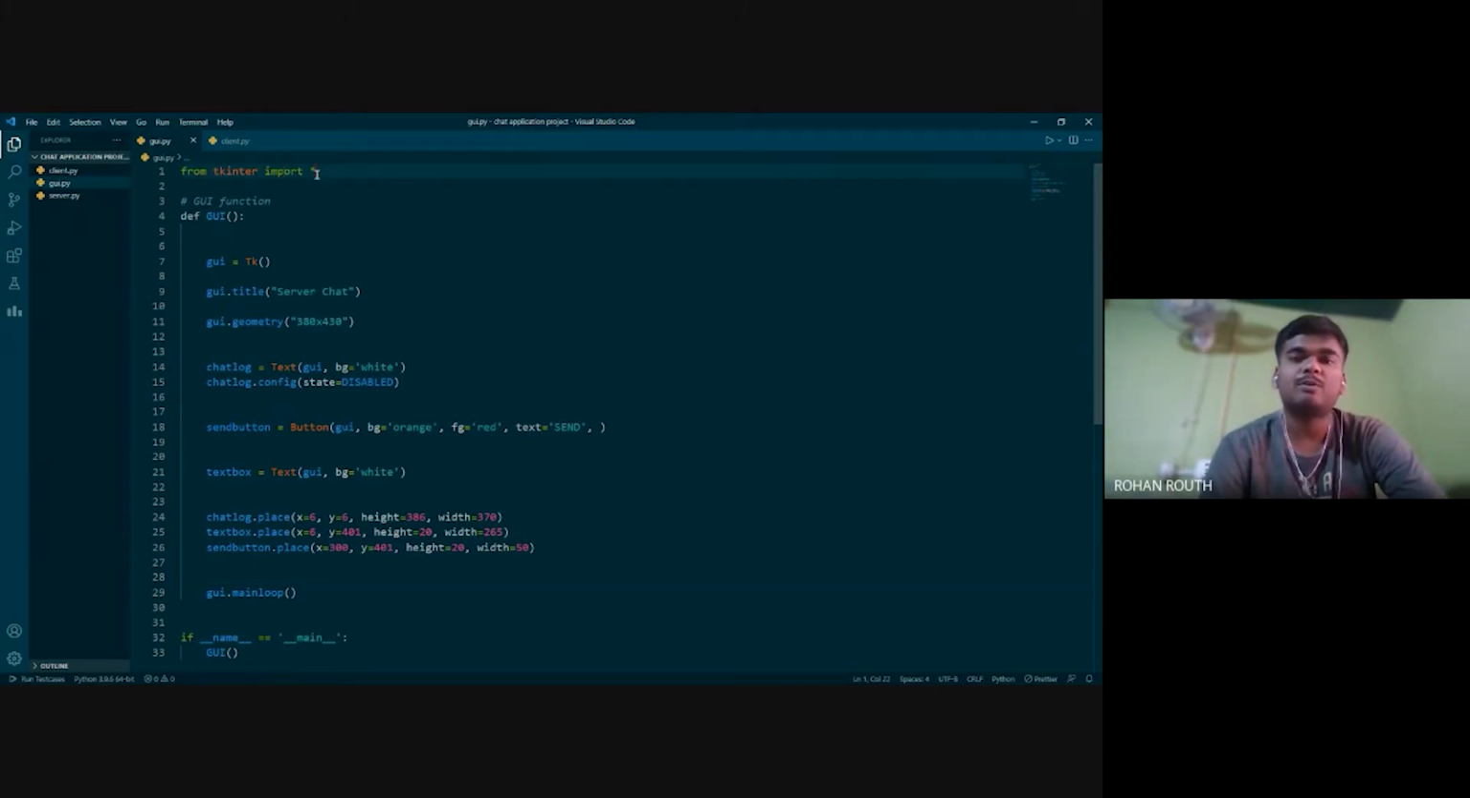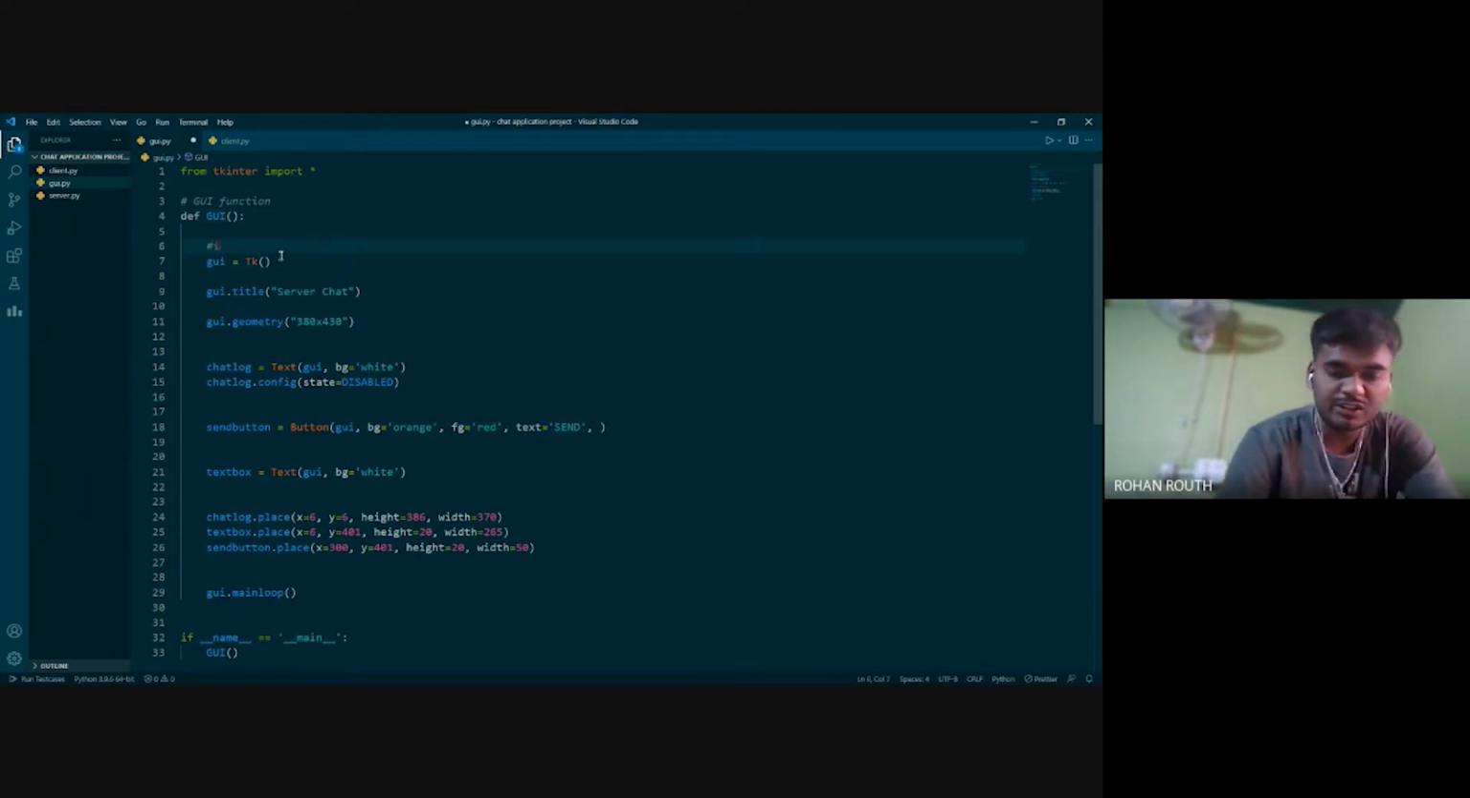We'll be dividing this program into two parts. First, we'll be creating the graphical user interface part, the GUI part, and in the second part, we'll be adding the code of receiving and sending messages between the server and the client. So first, we have created a function, def GUI, and we have here initialized the GUI,